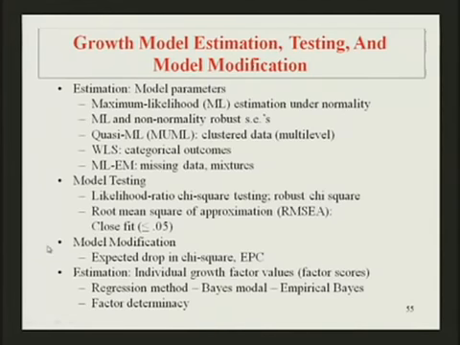Sometimes we're going to work with weighted least squares estimators for categorical outcomes, particularly for models that have a lot of random effects. Missing data is handled in this framework, missing data on certain outcomes. Model testing is going to draw on maximum likelihood theory, leading to so-called likelihood ratio chi-square testing. And then you have the non-normality robust chi-square version of that. We're going to look at,